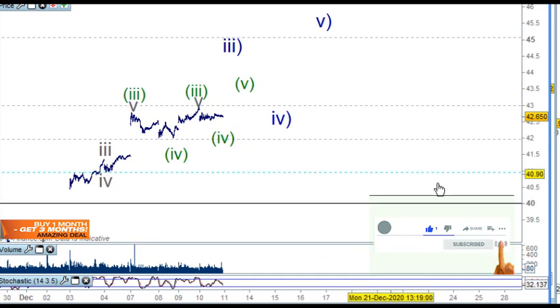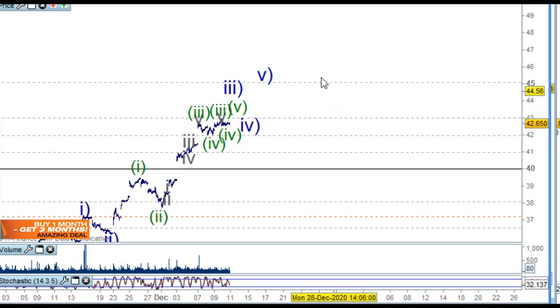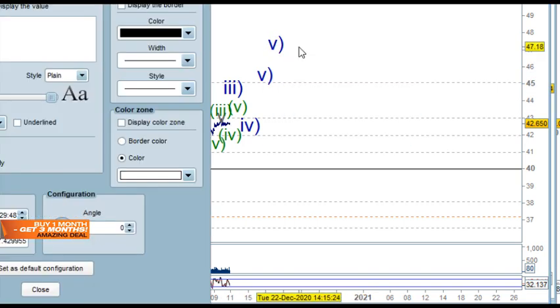In terms of trading this, we're at 40, and then we've got 1, 2, and 3, which is group 1. So it's just coming into group 1 here. We're likely to see some sort of vibration around here, move up above here, and then come back down, and then eventually move up to between 44 and 45. I think that's where we can take some profit on this, because even if this up here, and I'll double check this on the weekend, is either going to be